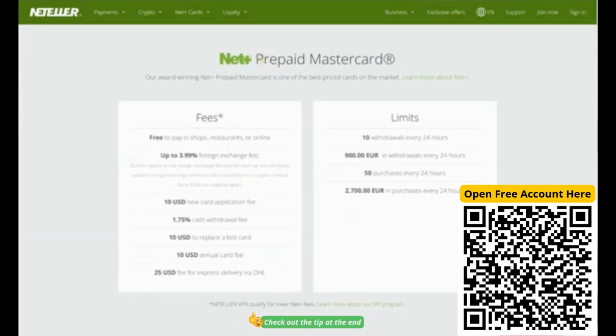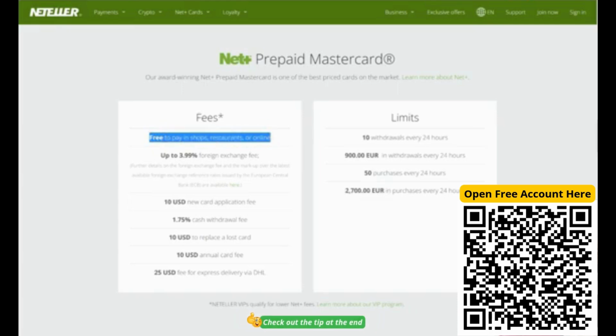This is a physical card, but it's a prepaid card, so you have to have money in your Neteller account to start using it. There are some limits, but they are quite high. For example, you can spend 900 euros per day, and up to 2,700 euros per day using the card. And the fees, you are not going to pay anything at all for spending in shops,